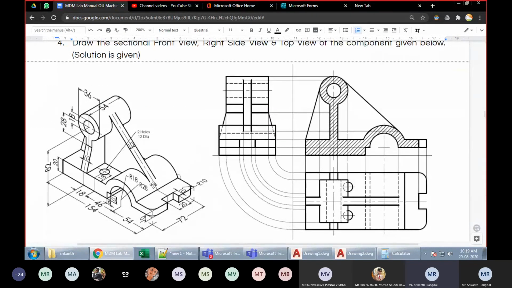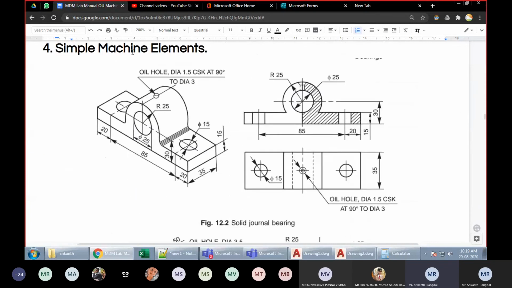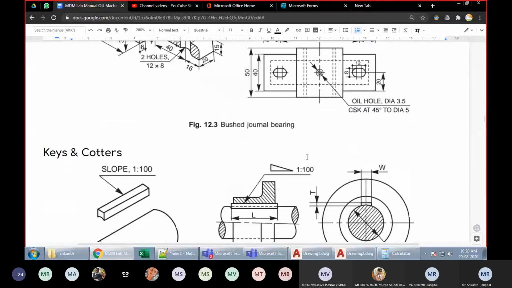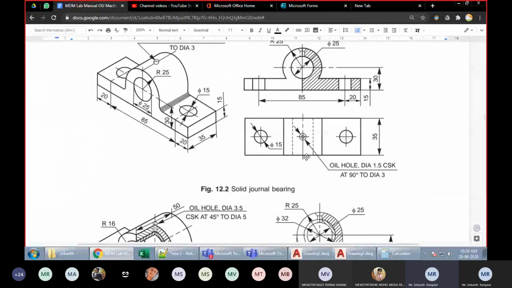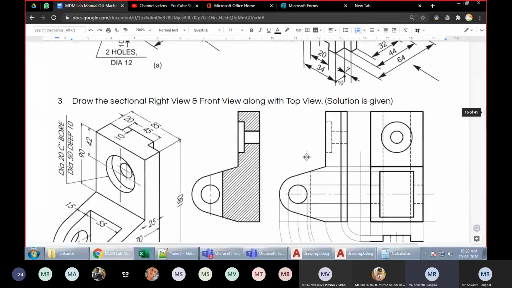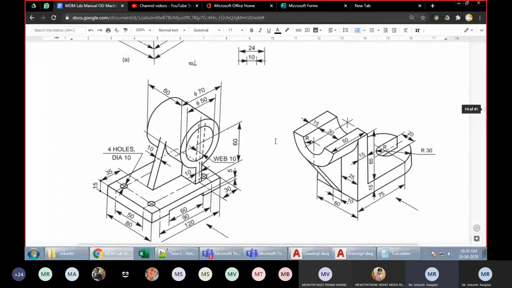There's here some more diagram. This one is a little more complicated. You will need to be a bit perfect before starting this. And then we have some machine components as well listed here at the bottom. Fine. So all these are the sectional views, and hopefully you should be able to draw as many as possible.